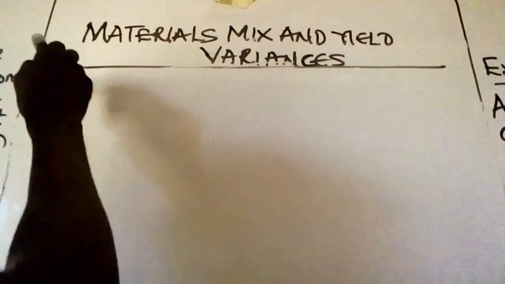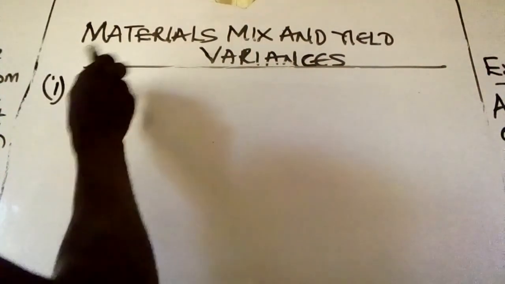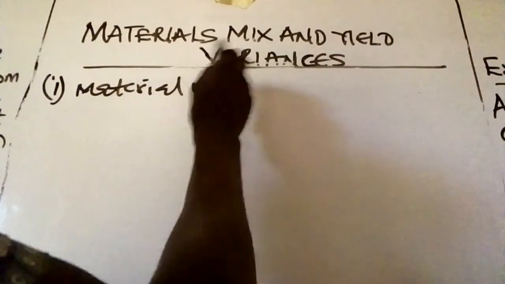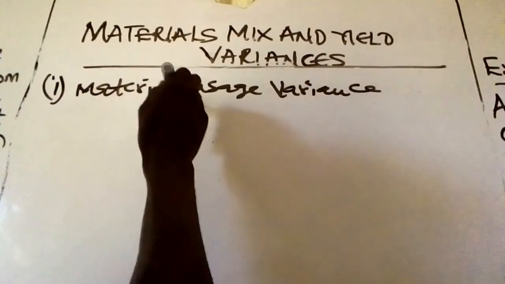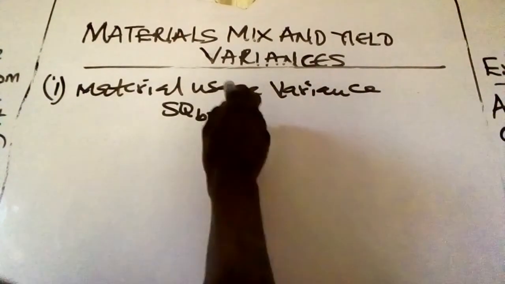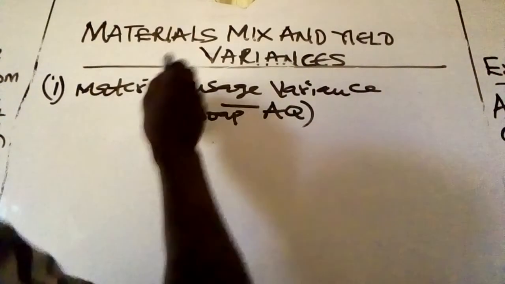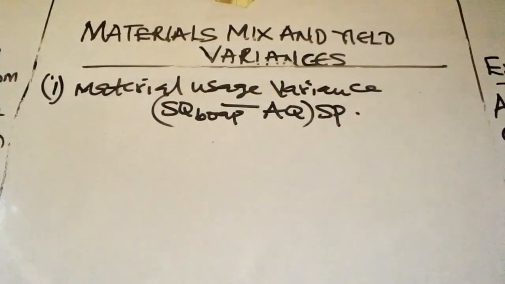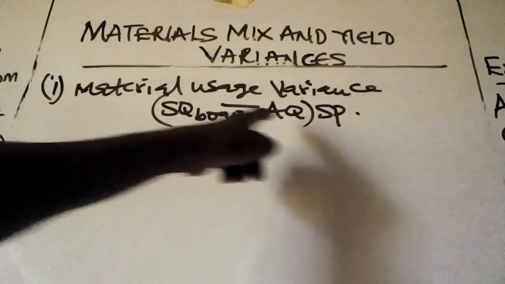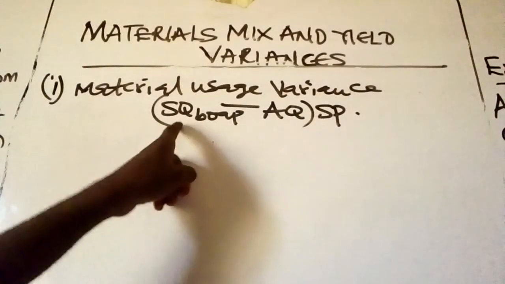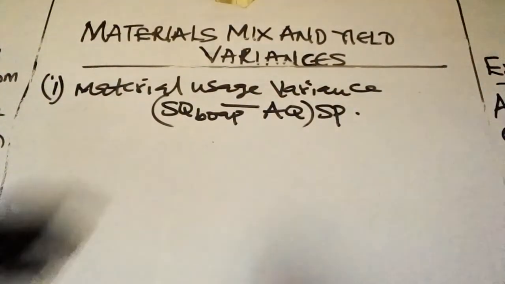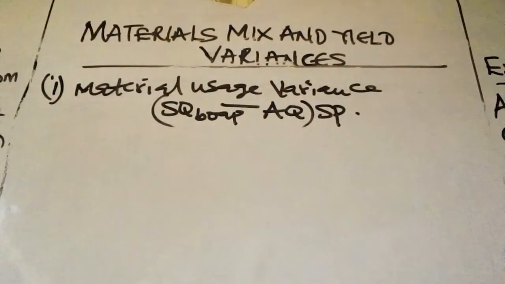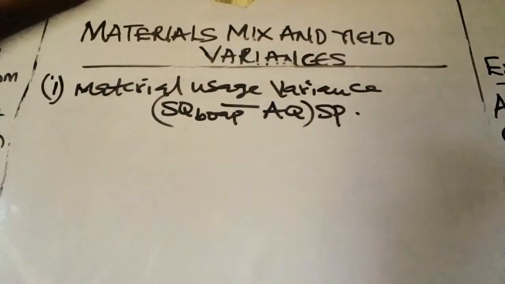I've told you that material usage variance is the difference between the standard quantity based on actual production and the actual quantity, multiplied by the standard price. This AQ is the actual quantity, SP is the standard price. This is the standard quantity based on actual production. If you have watched my previous lecture, then you'll be able to understand the applications of all those variables or